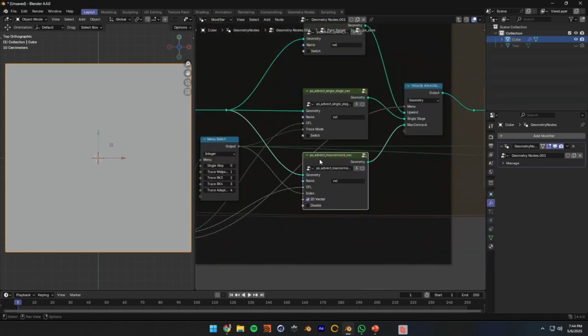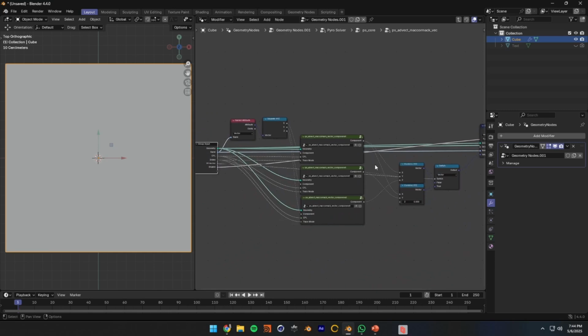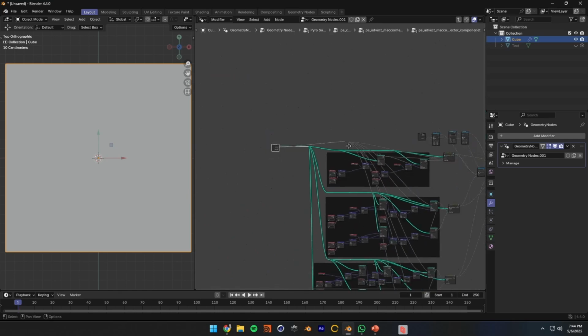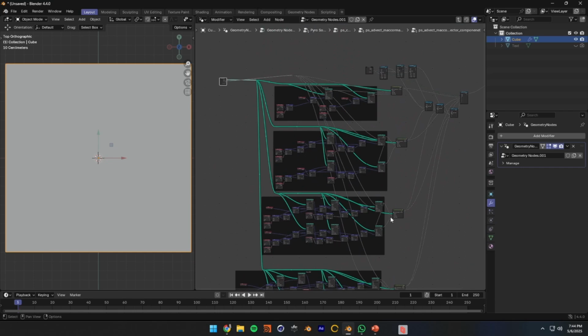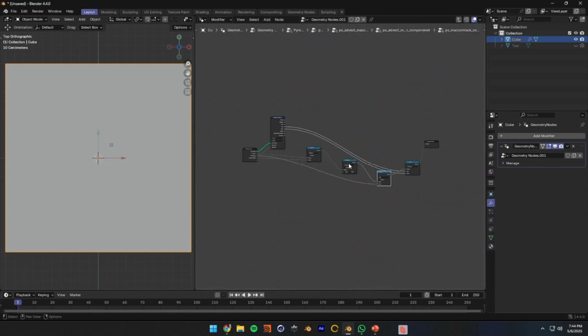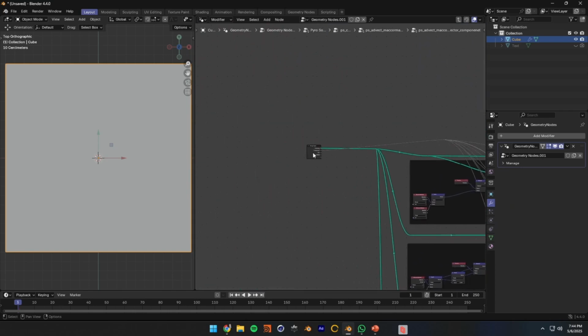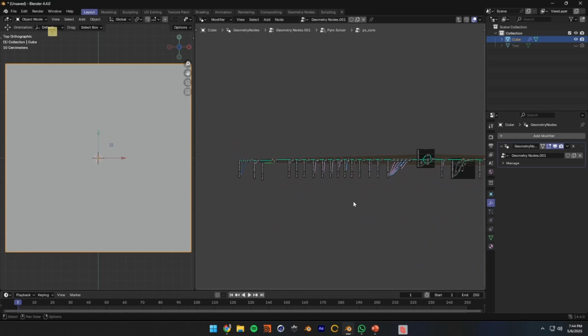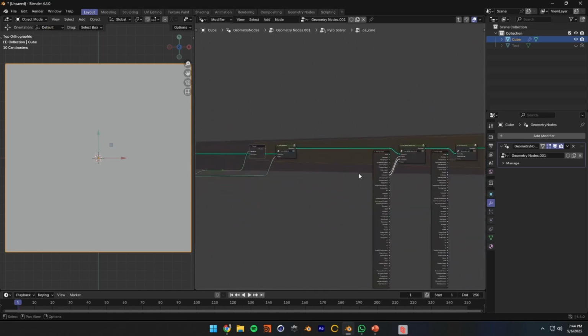So again, just to show you the kind of complexity of some of the things happening inside these solvers, this is the Pyro Solver advect Mac core Mac vector. So if I go inside here, because it's a vector, you could do it as a vector, but it's better to do it as individual floats, so you separate them, and this is what the inside of a Mac core Mac advection step looks like. So it's pretty complex. And you also have extra node groups in here doing more stuff. So yeah. Anyway,